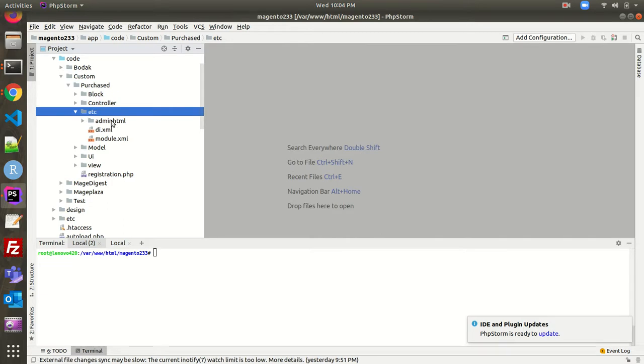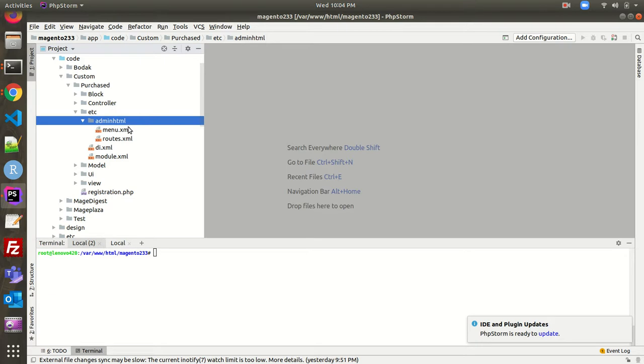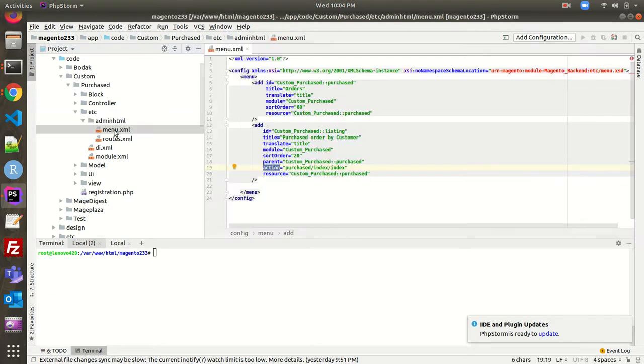If I go to adminhtml, as in my previous videos where I explained how to create a menu in Magento's admin, you can see this is the menu with the submenu, and this one is the purchased order by customers. This is the link that I just clicked on, and it will land on this particular URL that I've given in the action value. As you can see, this is the front name, this is the controller, and this is the action method.